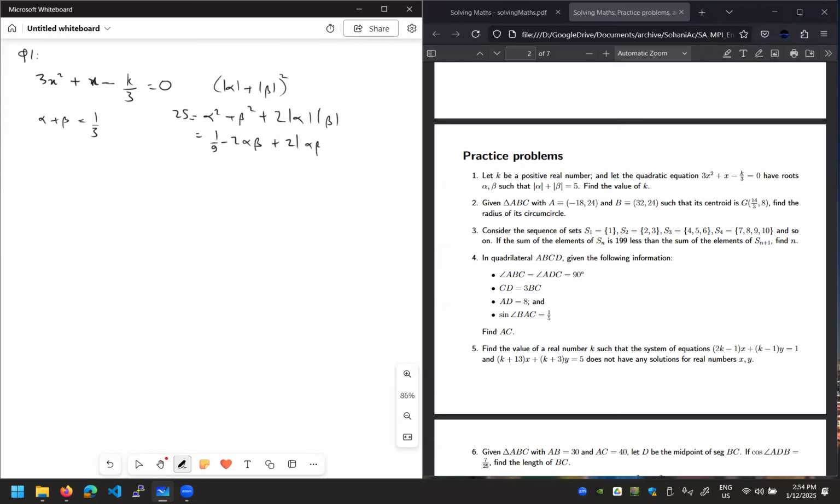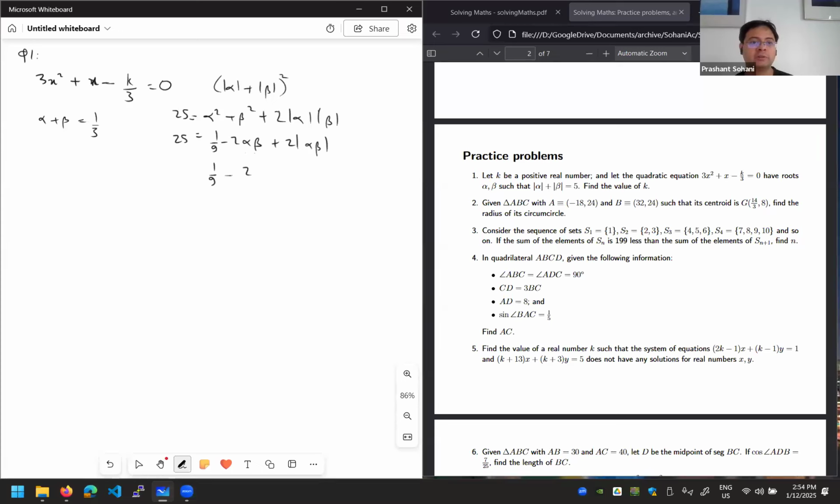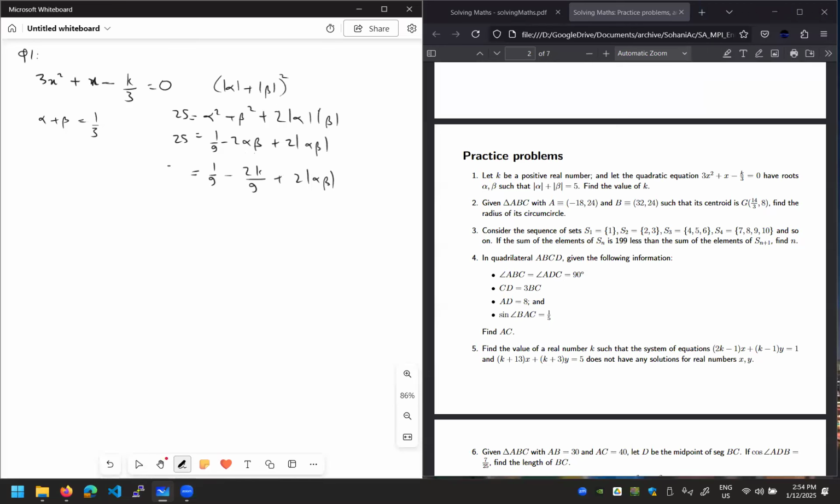And sir, we take it to, and then it's equal to this, so k upon 9 ab. So this alpha beta product is equal to k upon 9, so it will be like this. So we take all the k's to that side and keep the alpha modulus on the other side. If I take everything to the one side,